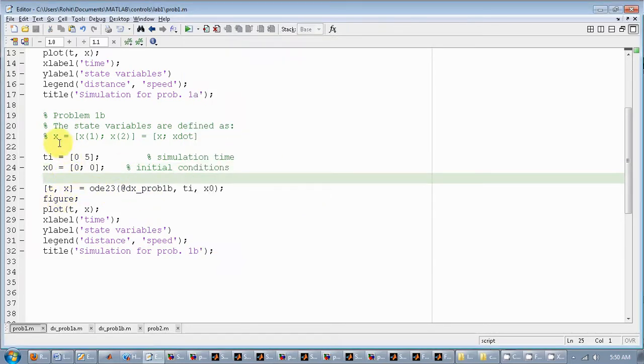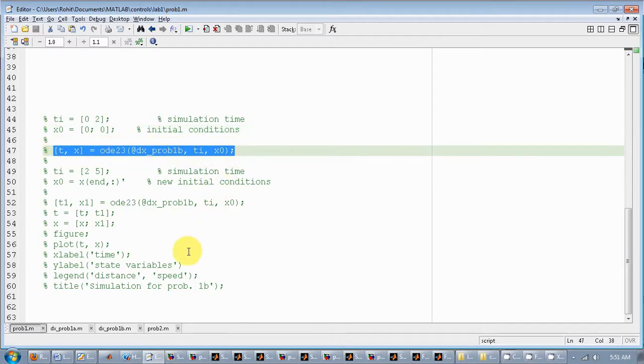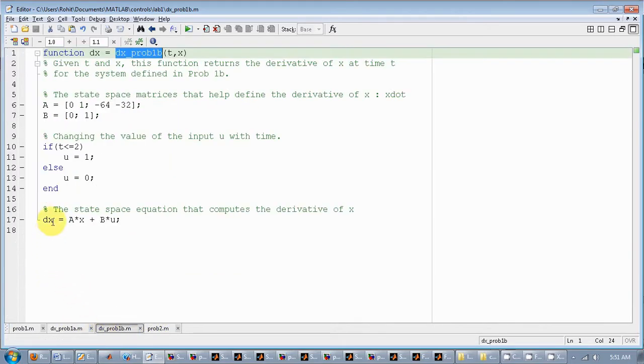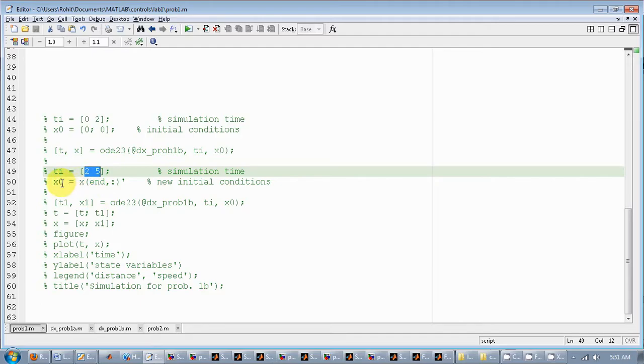There is another way to approach part B. You can break your simulation into two segments. A segment going from time 0 to time 2 with the given initial conditions. You simulate it, that's fine. And in the implementation, you can just hard code u as 1 because you are only running this function for that time. And then for times 2 through 5, you would have